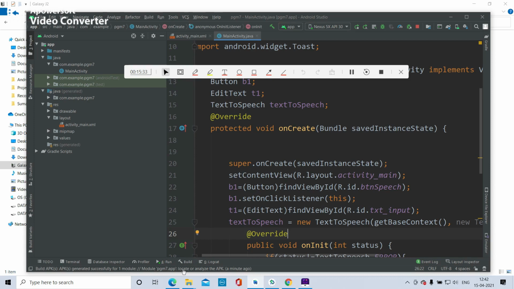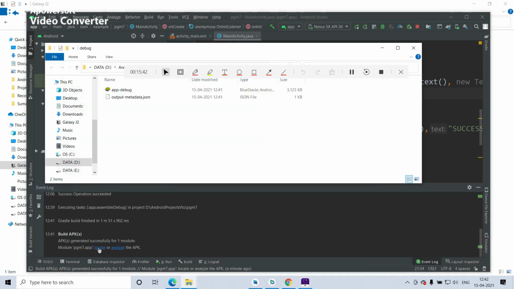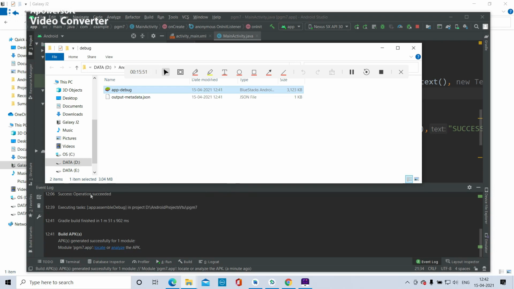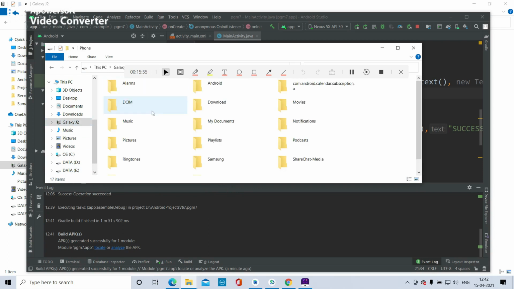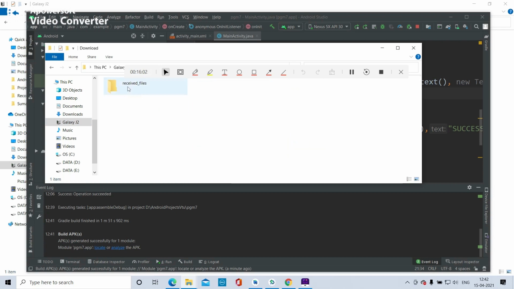If you want to see the location, you have to click on locate. Then copy this by right click, then copy, and go to Galaxy, double click on this, and you can go to the downloads folder if you want, and received files, you can select paste.